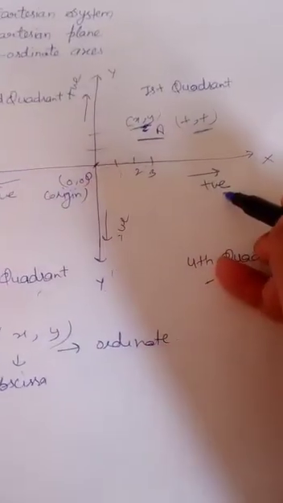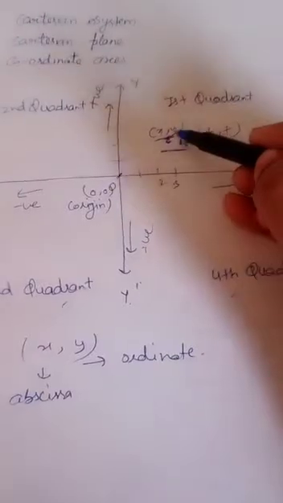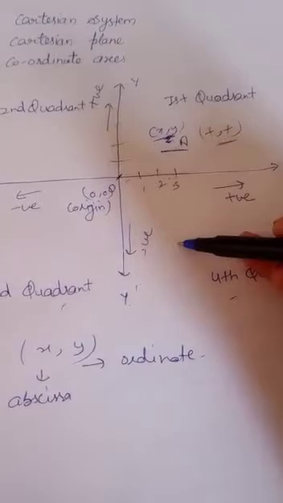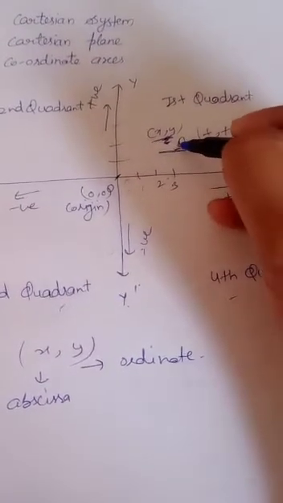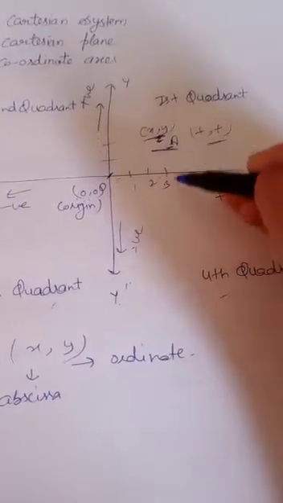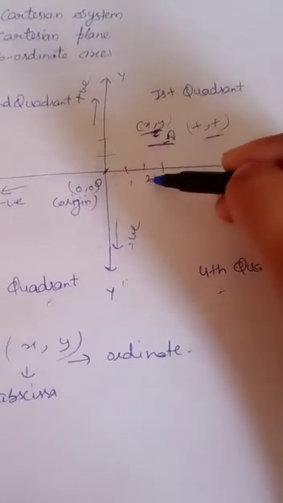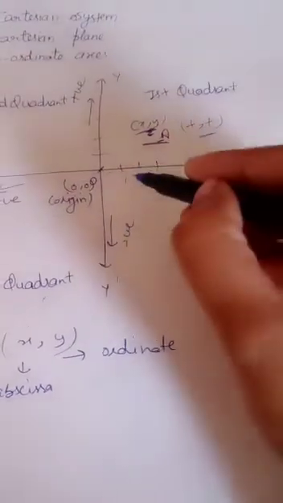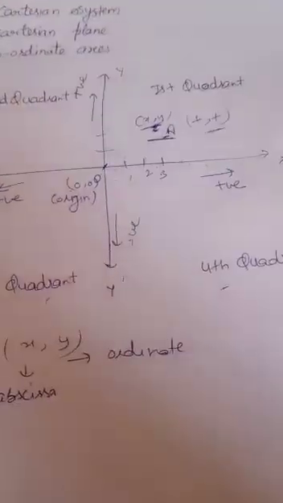On the right side of x-axis we take positive points, on the left side negative points, upside positive points, and downside negative points. This is used to locate the position of a point. Suppose here we have given a point A and we have to find the position of this point. Then we can say this point is lying on the right side of y and upside of x-axis. But to find the exact position of this point, we have to find its distance from x-axis and y-axis. For this we mark the points 1, 2, 3, 4 on equal intervals.